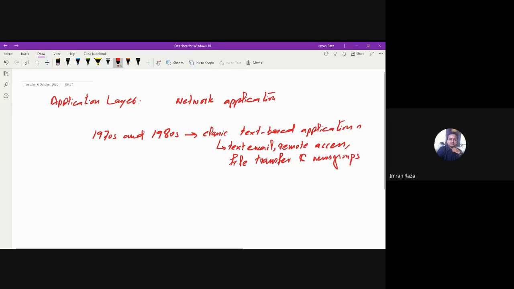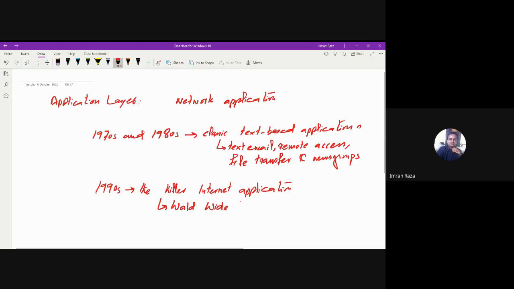If we move on to the mid-1990s, we have the killer internet application. And what is it? Yes, you're right: the World Wide Web, WWW.